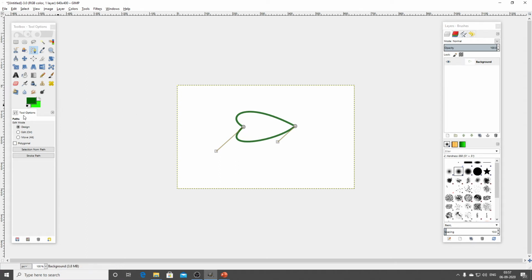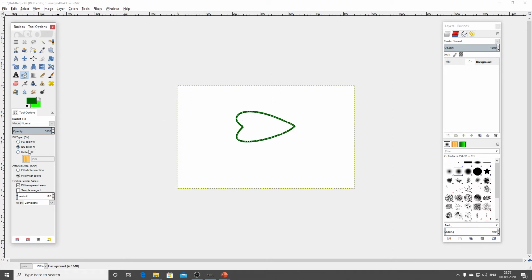First, in the Tools option, select Selection from Path. Okay, you just click Selection from Path. As soon as you click it, a dotted line will appear along the outline shape of the leaf. Then you have to fill it with the help of the bucket tool. I just select the bucket tool and click the background color and fill it.